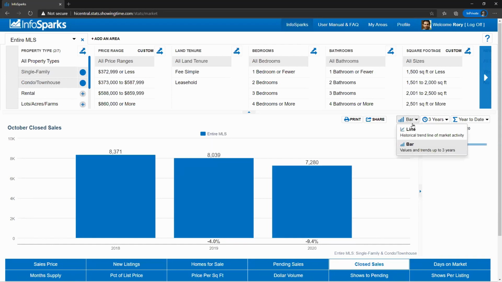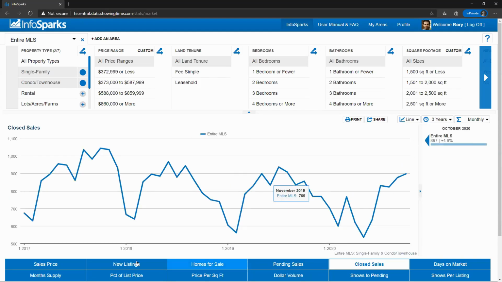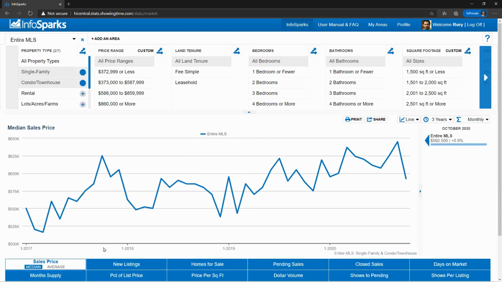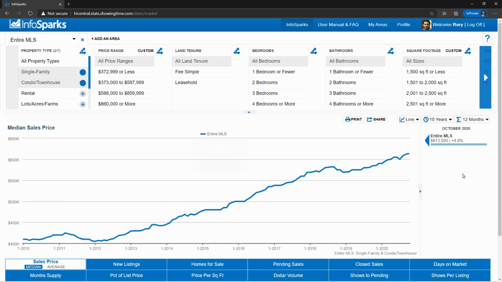There was a question here that came in about the color scheme. The color scheme that you see here with the colors of the lines is all set at the MLS level, and so there is no way to customize that. However, there are a few customizations, and I'm about to show you that. So we have a chart, and let's do a long-term chart here of pricing. These are the kind of charts I love because they're up to the right. So we've got this chart here showing the median sales price over the long term. And we want